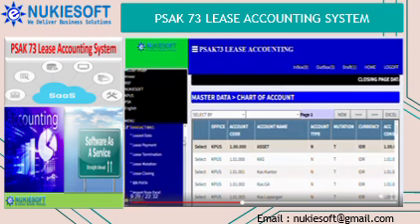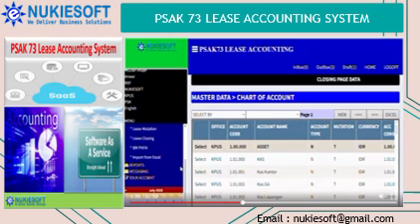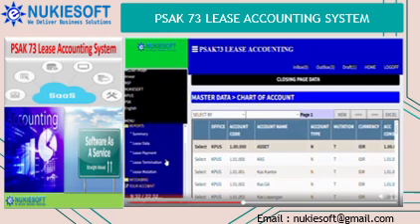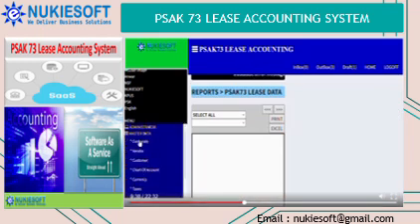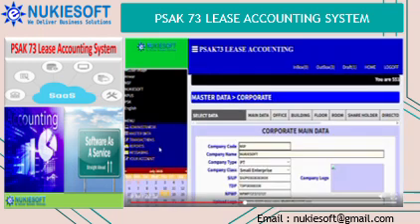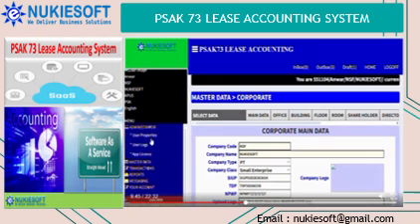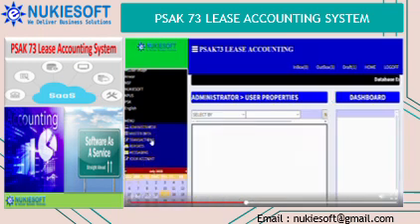The effect of this approach is a substantial increase in the amount of recognized financial liabilities and assets for entities that have entered into significant lease contracts that are currently classified as operating leases. The lease liability is initially recognized at the commencement day and measured at an amount equal to the present value of the lease payments during the lease term that are not yet paid.